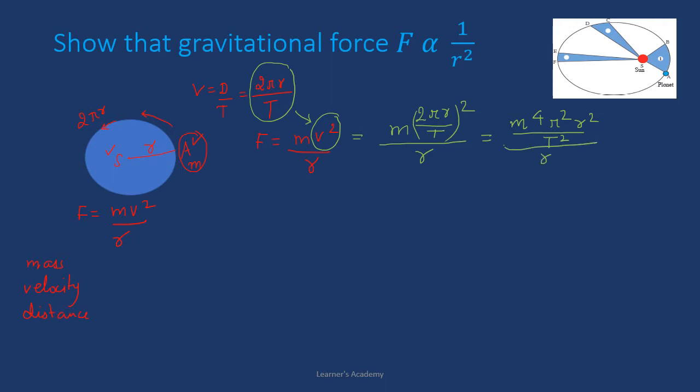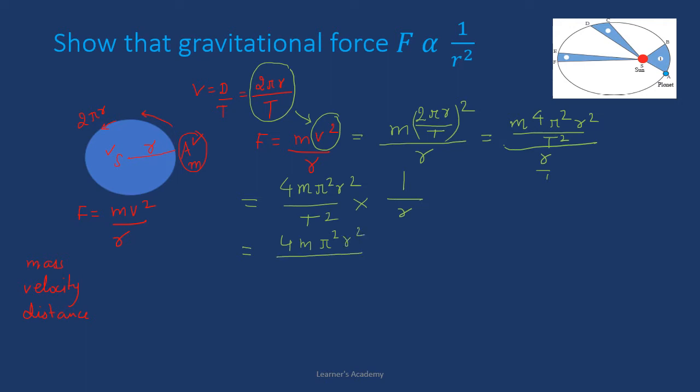Now when there is nothing as a denominator for r, we get 4m pi squared r squared divided by t squared, multiplied by, this is called inverse reciprocation, here this was 1, so we get 1 upon r. When we solve this further, we get 4m pi squared, and this will be t squared,